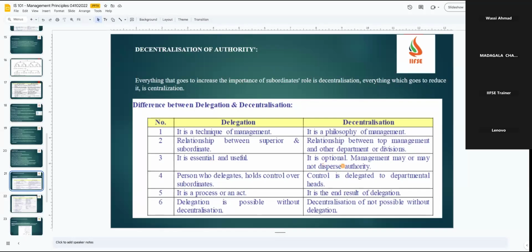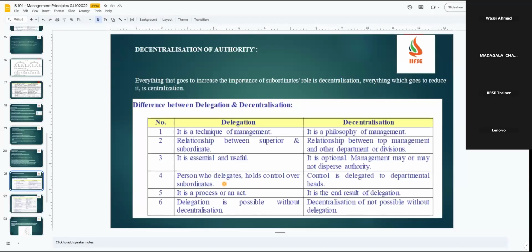Okay. So it is optional. So when you talk about decentralization, it is not mandatory, sometimes it may not be useful, sometimes it may be useful. But the person who delegates holds the control over the subordinate. So whoever delegates the authority, it does not mean that you will give it to a different person. For example, we are working in a safety department. I can delegate to the person whom I can control completely, in the sense who reports to